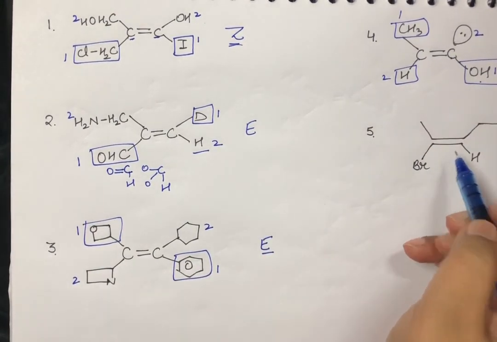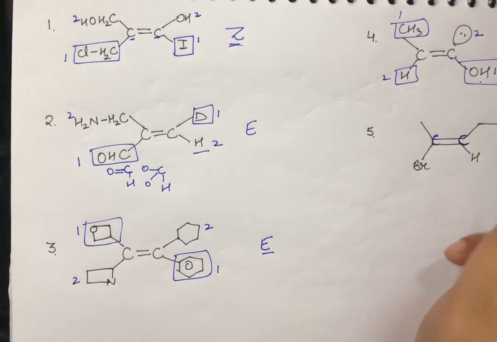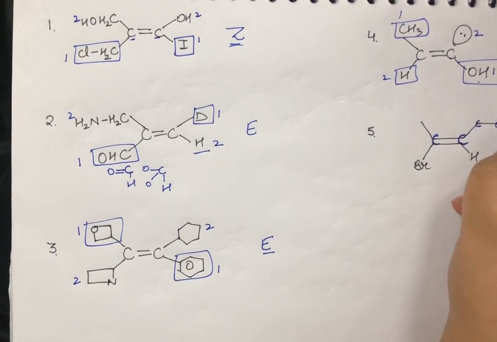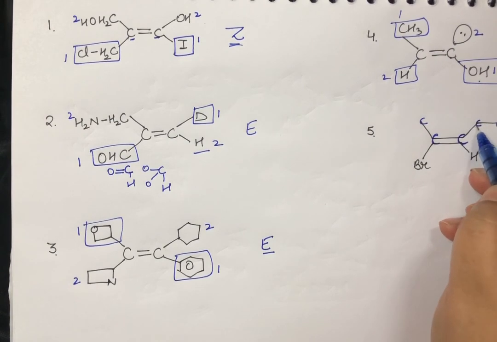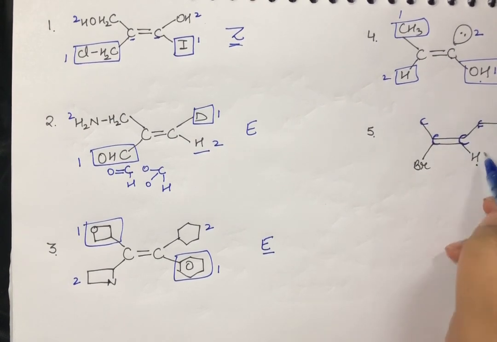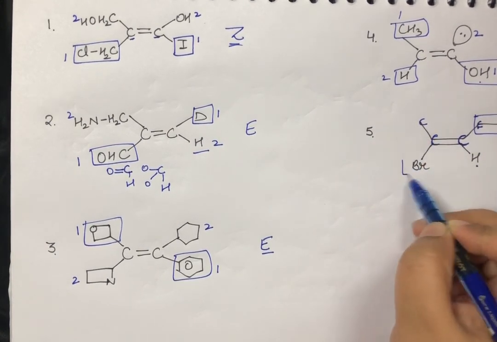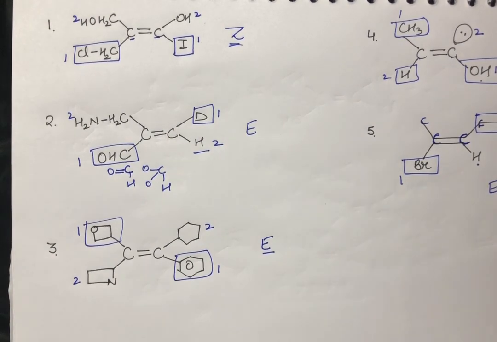Now if I talk about this carbon, now every vertex is a carbon, right? Every intersecting point is a carbon. So now this is carbon here and this is carbon here. So if I talk about this carbon, it is attached to a carbon and this is attached to a hydrogen. So definitely this is of more priority, and out of carbon and bromine, this is of more priority. Again, they are on the opposite side, so this is E. I hope the concept is clear.